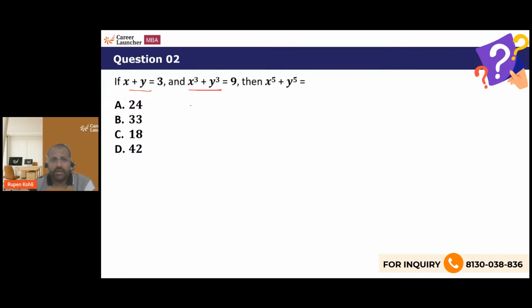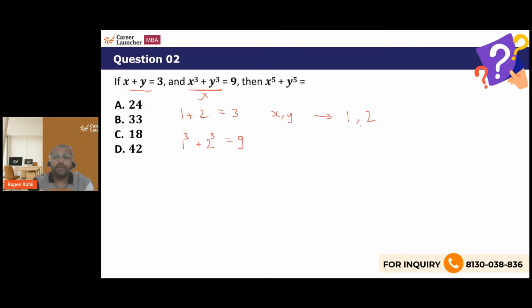So just think about this: the two numbers when added equal 3, and the sum of their cubes is 9. Now two numbers equal 3. I can think of 1 and 2 adding to 3, right? So 1 plus 2 equals 3. Now, if 1 and 2 also satisfy this equation, then x and y are 1 and 2 itself. And indeed, that is happening because 1 cube is 1 and 2 cube is 8. So 1 plus 8 indeed equals 9. So this verifies that x and y are nothing but 1 and 2,